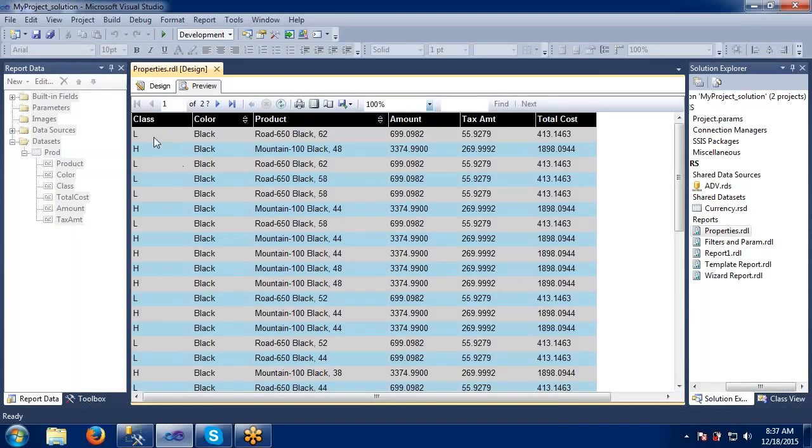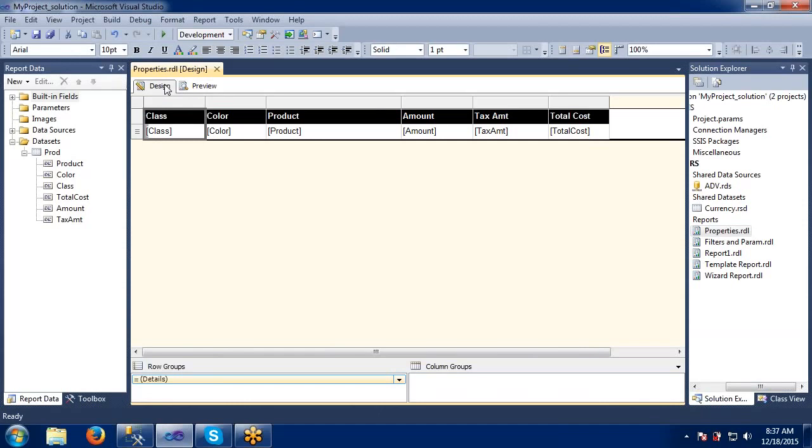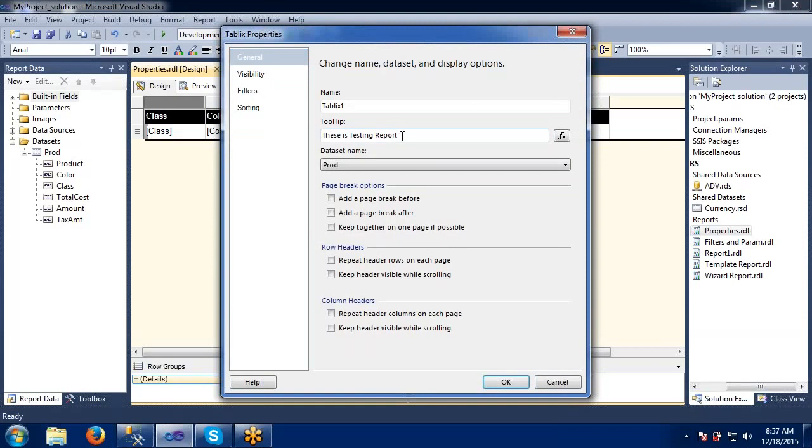See, this is the testing report. This is on the entire report. Once again, when the mouse is on the particular column, automatically it will be shown here. Like this, we can use a tooltip on a particular column. Okay, like this we can work on this one.